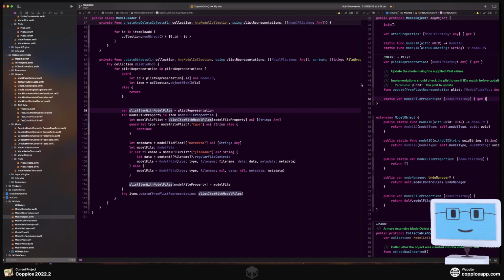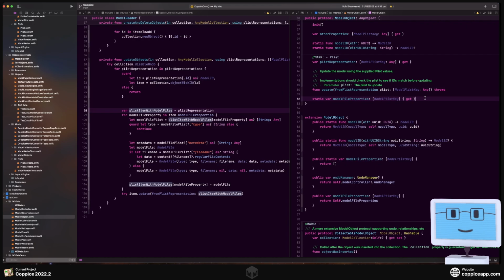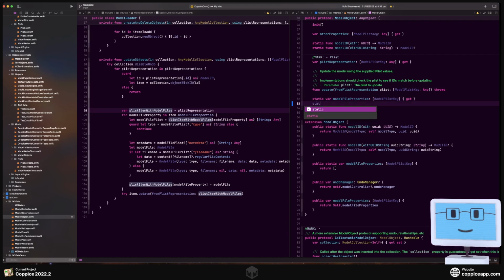Right, so what we actually have, the model file property, the static bar, model, not model file properties, it is